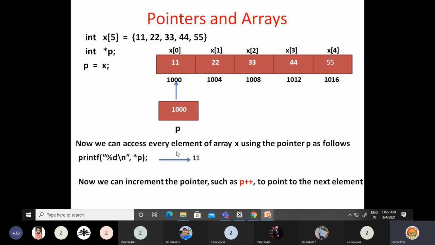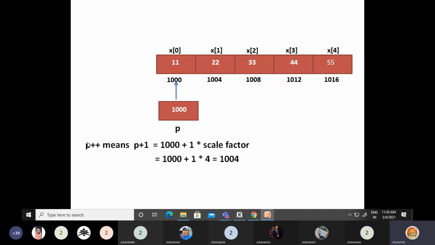Try to understand the concept here. When p is pointing to the first element and you say p plus plus, it is going to the next element. Okay, so how does p plus plus take 1000 to 1004? This is the calculation. When you say p plus plus, now p contains 1004.